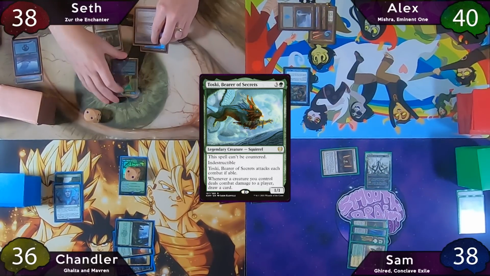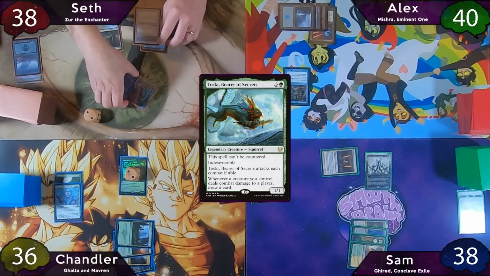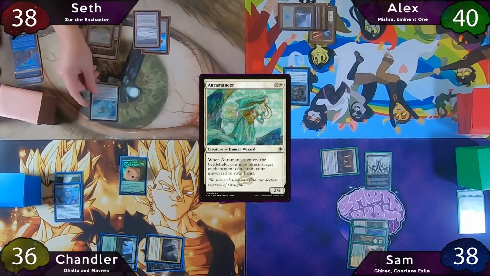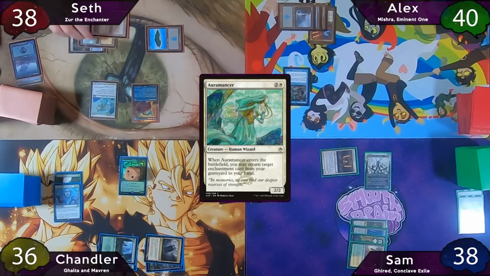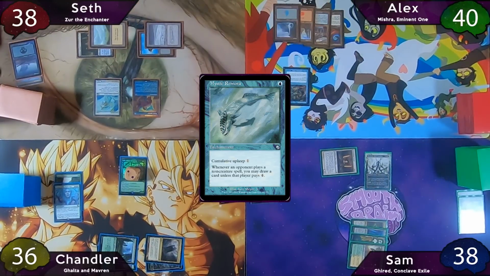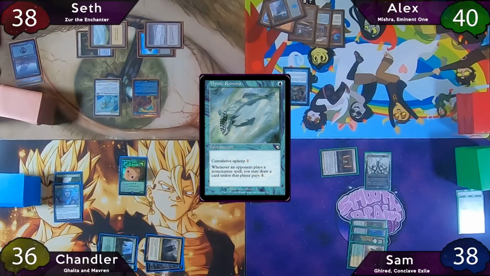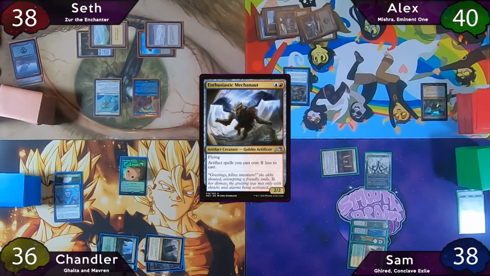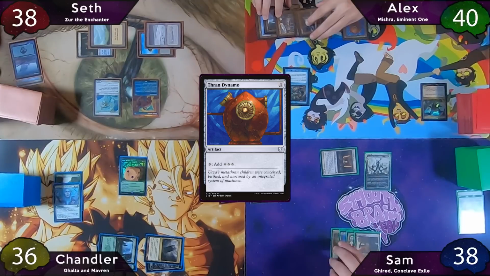The turn is then passed to Seth, and he lets the Mystic Remora die. He'll then play a basic Plains as land for turn, and then he casts Oromancer, returning the Mystic Remora to hand, and then he'll cast the Mystic Remora again. The turn is then passed to Alex, and he'll start off with a basic Swamp, then he'll tap for 2 and cast Enthusiastic Mechanaut. Then, for only 3 mana, he'll cast his Thran Dynamo, and then the turn is passed